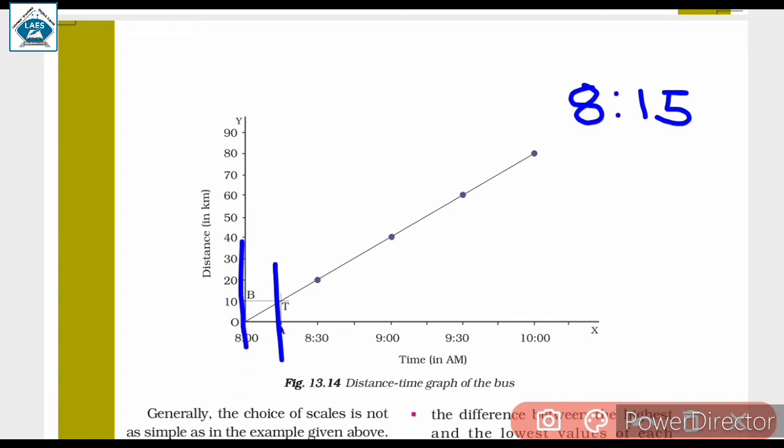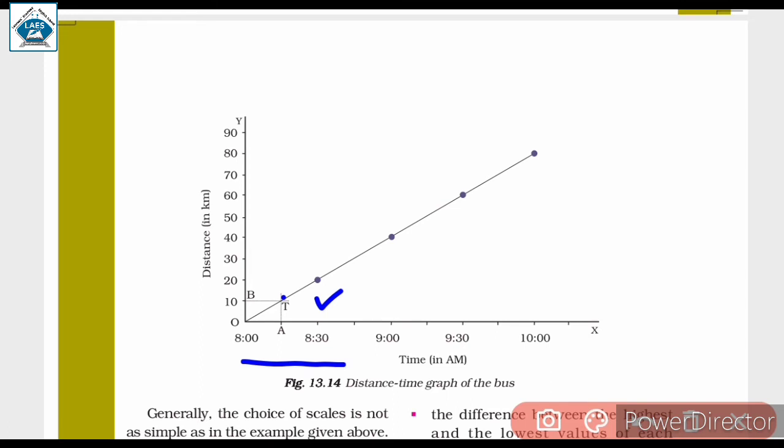Okay. So after we mark this line, what we are going to do is, this graph, the straight line, this line will intersect at a point. We are going to call this point T, and through this point, we will draw a line which will be parallel to the x-axis and perpendicular to the y-axis.